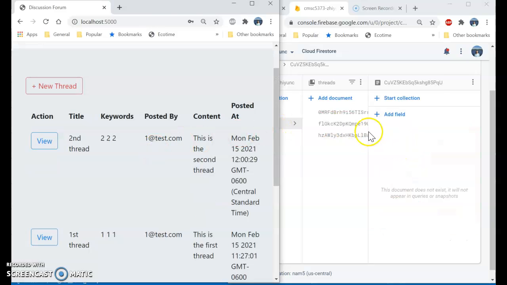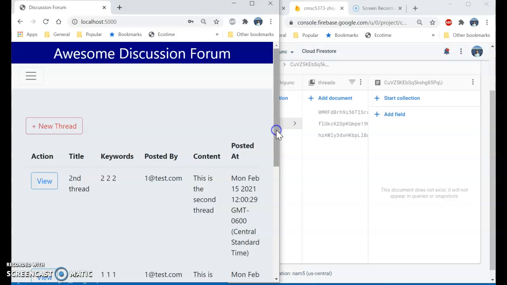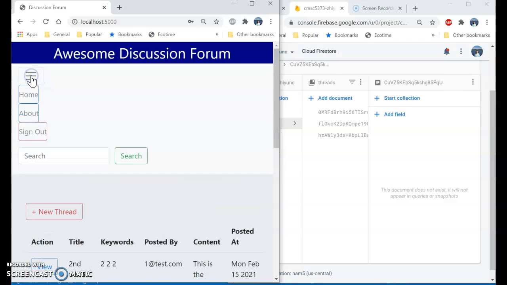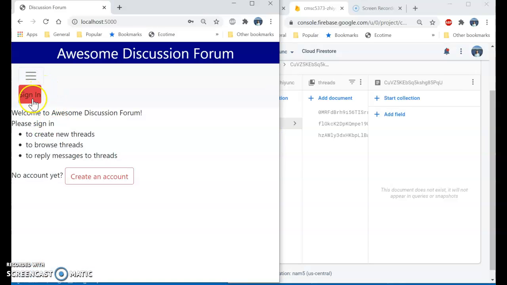The content is gone, and everything is gone from the Firebase. And be careful about this action, because it deletes all the messages that come behind the threads. So everything is gone. And I want to show that if I log out, sign out, and sign in as